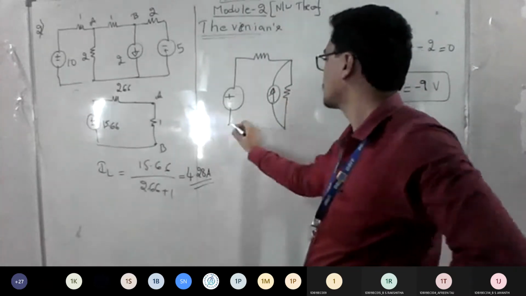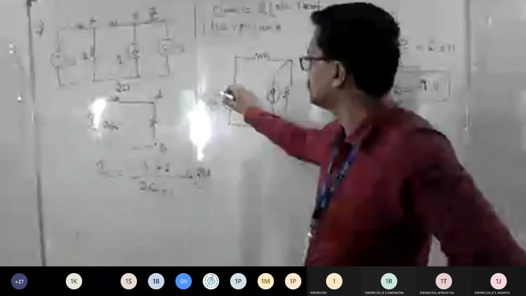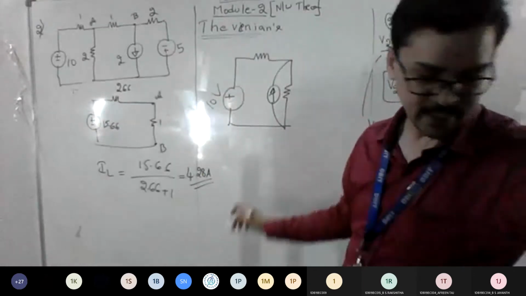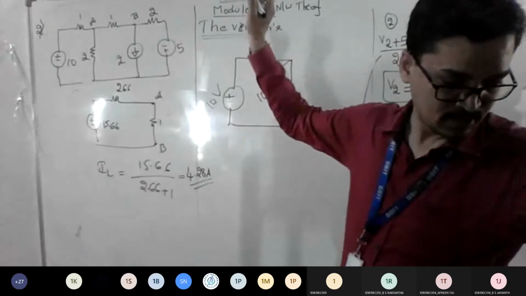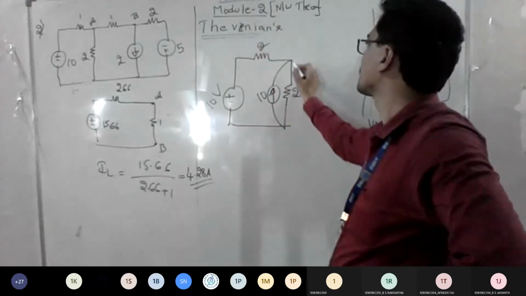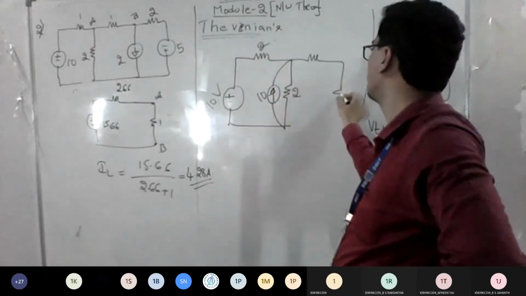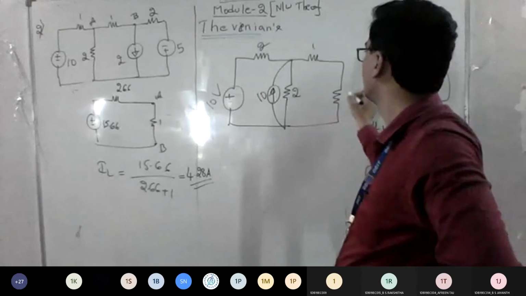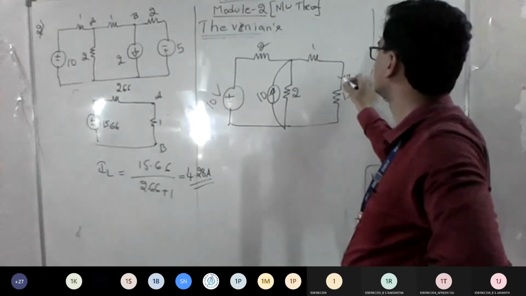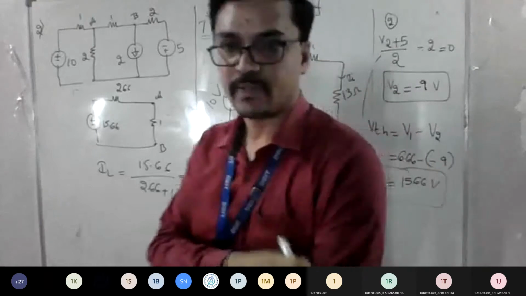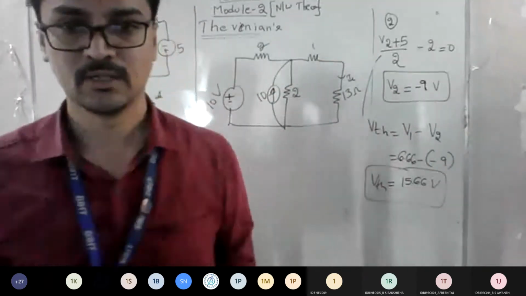Okay. Another question. So it's 10 volts. They have given 10 amps. So a 2 ohm resistor, and 1 ohm is there, and 13 ohm is here. So this is 1 ohm and 13 ohm is here. So this is your load current. So repeat the same procedure that you have solved.